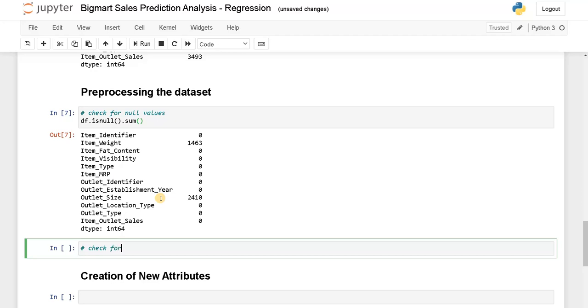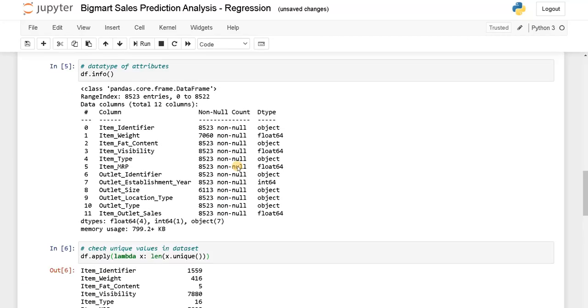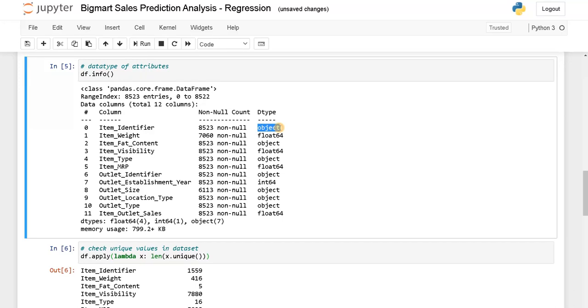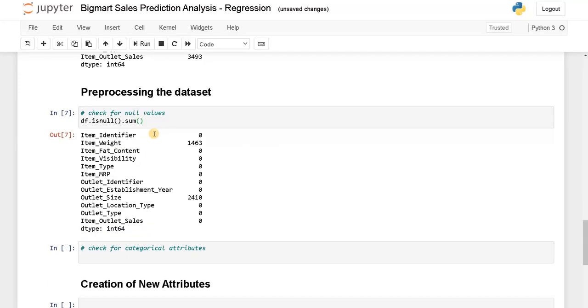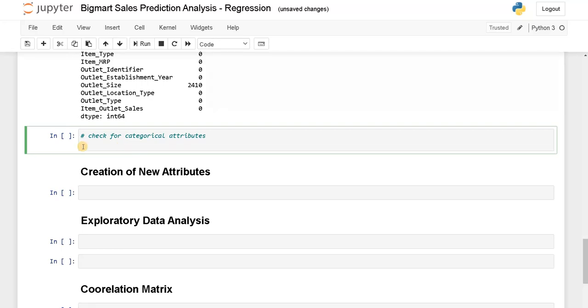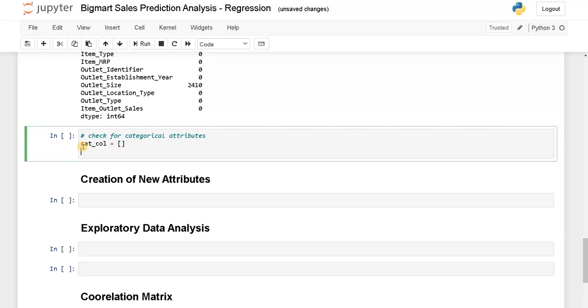Check for categorical attributes. From the information we have, object data type are categorical values. Let's pick those corresponding columns. Let's create a list for categorical columns. cat_col equals an empty list.